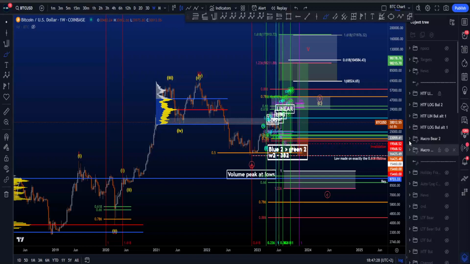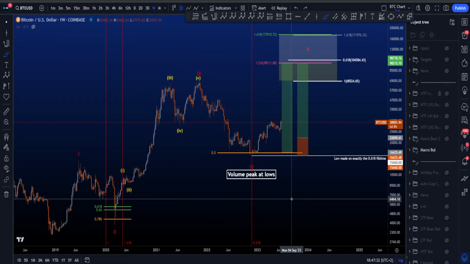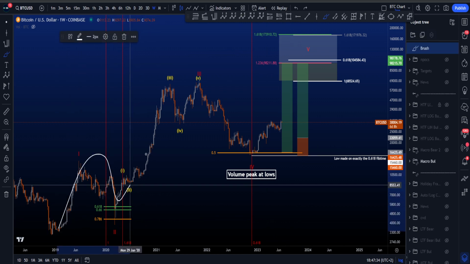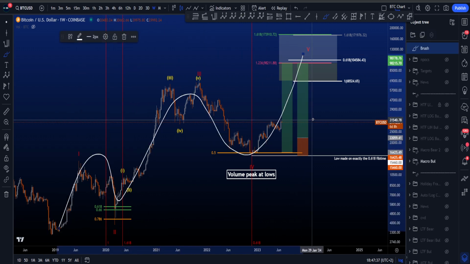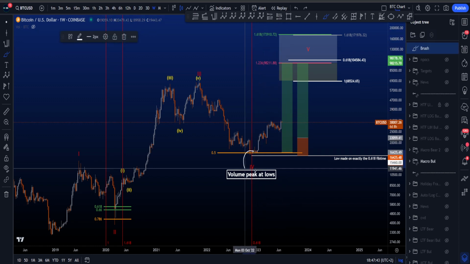Hi everyone, let's go through my macro and high time frame bullish and bearish Elliott Wave scenarios on Bitcoin, starting with my preferred bullish scenario on the macro, where we're looking for another move towards the upside in a wave 5, where the most common target for wave 5 is between 98k and 174k after the low of this wave